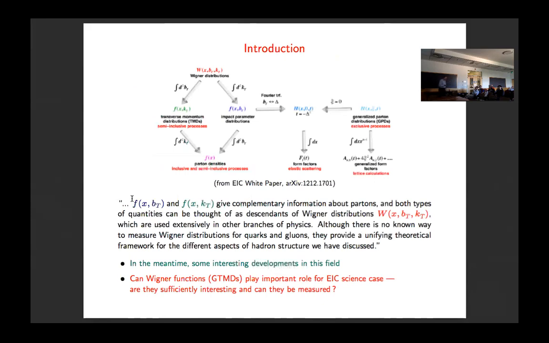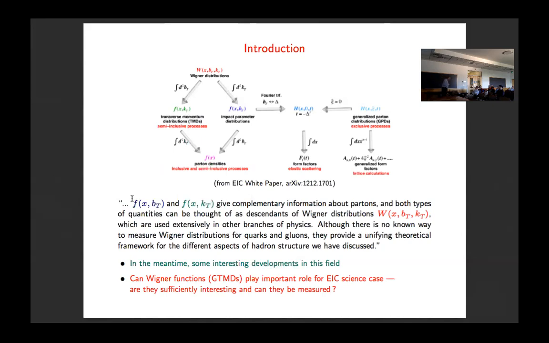So this is my entire introduction here. It's basically from the EIC white paper. The white paper has this very nice graphic, which contains 2 of the currently discussed pillars of the EIC science case: the TMDs, parton distributions, which depend on the longitudinal and the transverse parton momentum. Then we have the impact parameter dependent distributions depending on the longitudinal parton momentum and the transverse position. It's well known that these objects through Fourier transform are related to GPDs. And then if we do suitable projections, we get down to normal parton distributions and various form factors.